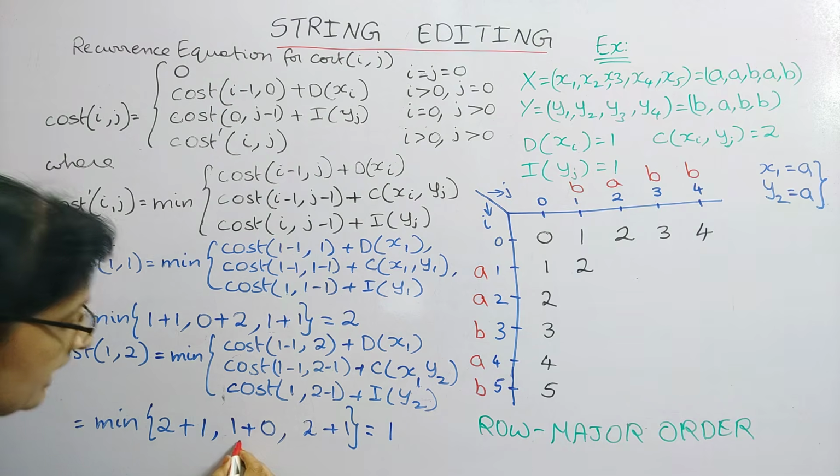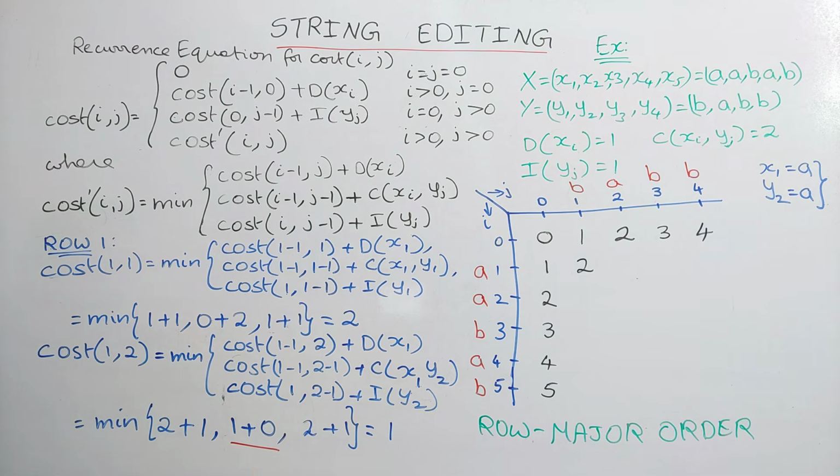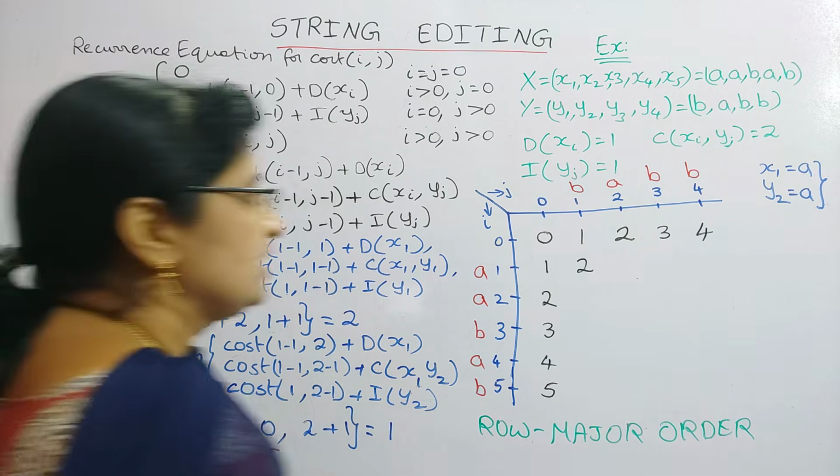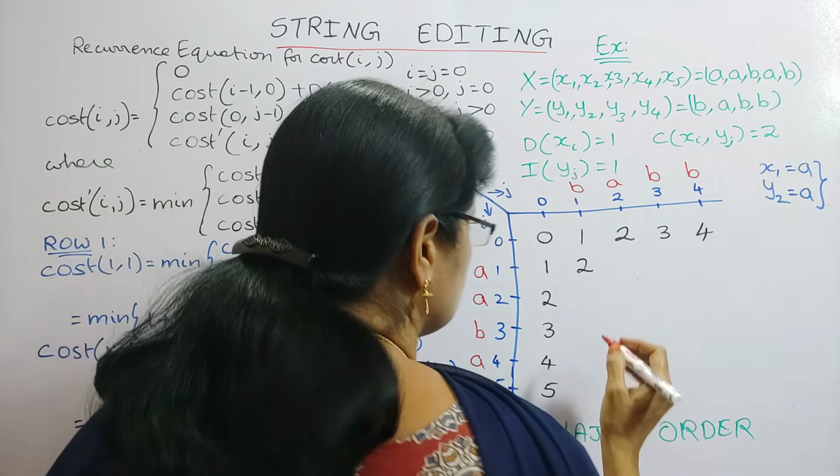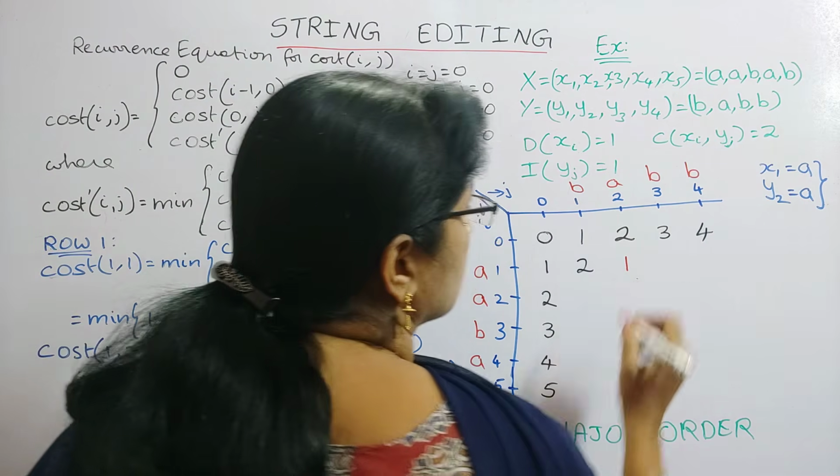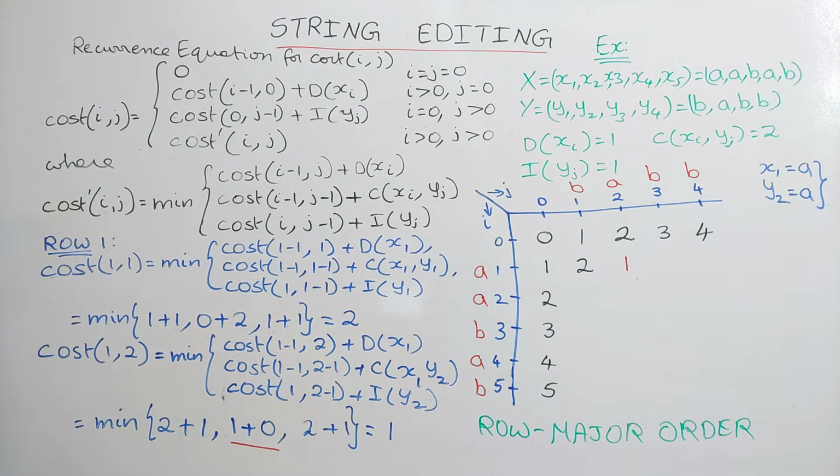So whenever you are writing the change operation, you have to check the symbol and then decide whether to give the cost or not. It depends upon the symbol of your example. So that is very much important. So that's why here you will get 1. I am writing it in a different color because that is something different.